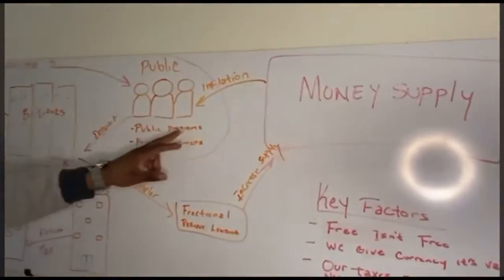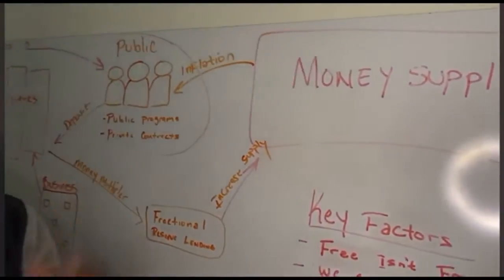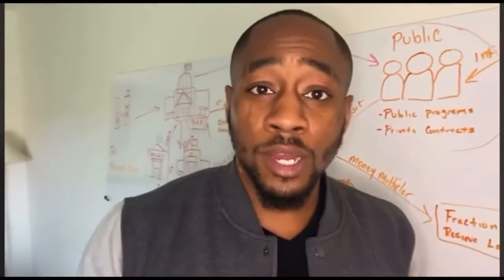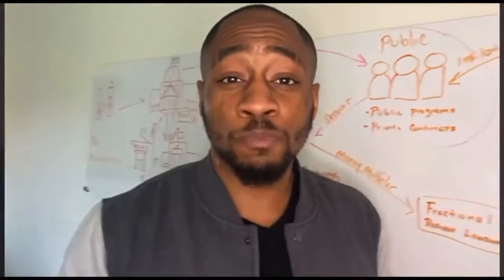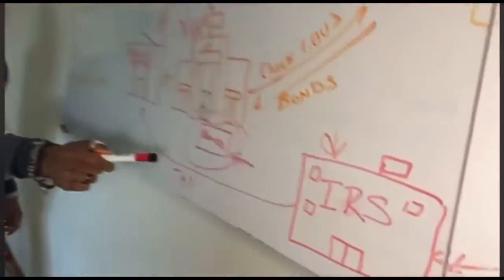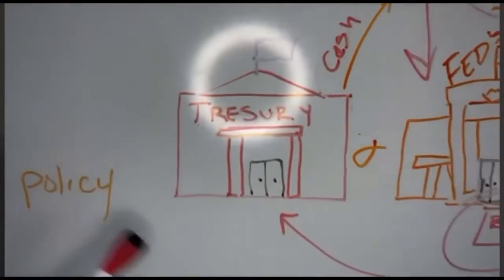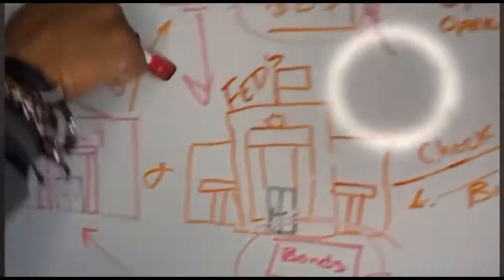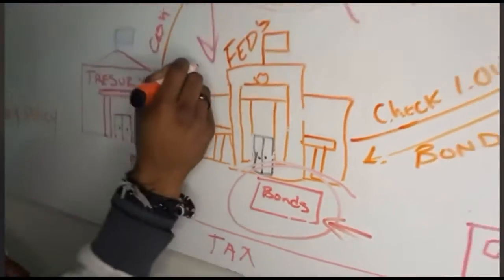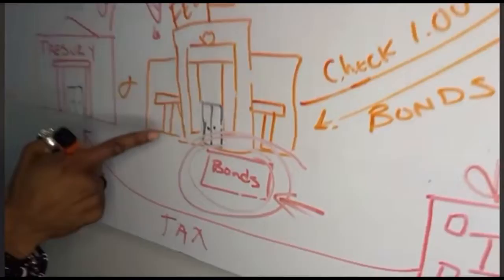While we're all getting the money from the government, and we're getting it through private contractors and stuff like that, and we deposit it, guess what? The IRS takes a little cut of it. It actually takes a cut out of everyone's pockets. And then it funnels that exact same cash to the Treasury, which the Treasury uses to pay back the interest on the loan, the bonds that we got from these guys in the first place.